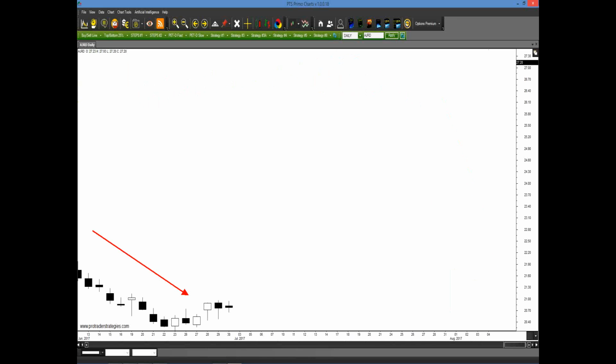How about AJRD? Okay, now obviously looking at this coming into July, we're in a downtrend. It doesn't take much knowledge to know that, okay? But how do we know when that trend's going to change? We've been going lower. This little blip we've had coming into July could be just a little pullback, and then we had much, much lower. Well, we simply click on the PET D in our upper tab here, and the bars automatically change colors. And we've been red going the whole way down. In fact, we were red well in advance going the whole way down.